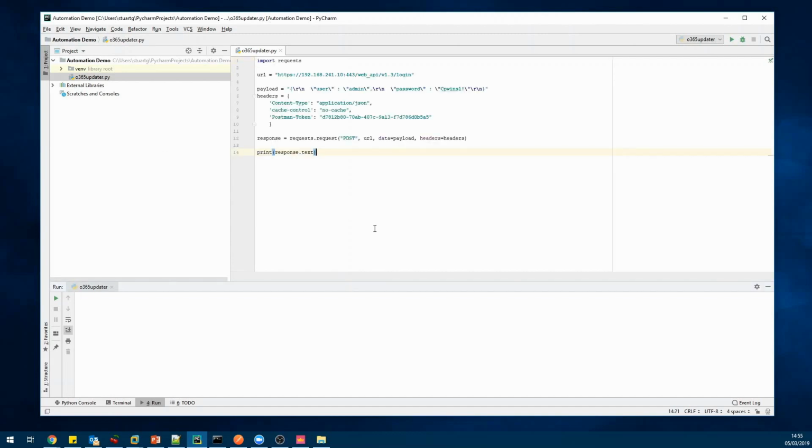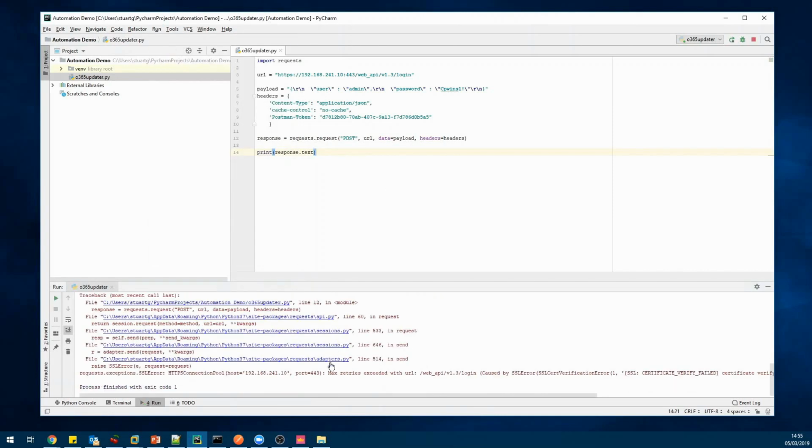One thing that Postman doesn't copy across if you're using requests is that by default the request module will validate HTTPS certificates that are in use, and as the management certificate is typically self-signed, this will error out. So we can try this now. If we've got our code in there, we'll run. That will come back with an SSL error. SSL certificate validation failed. That's expected, that's fine. We just need to add an extra parameter into the response line, verify equals false. Now once we run that again,